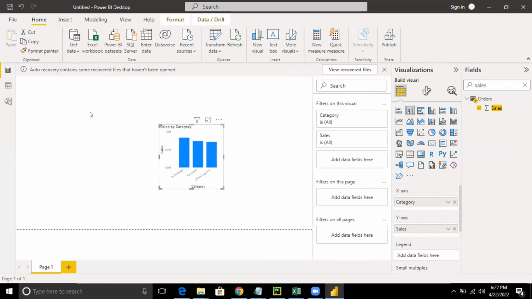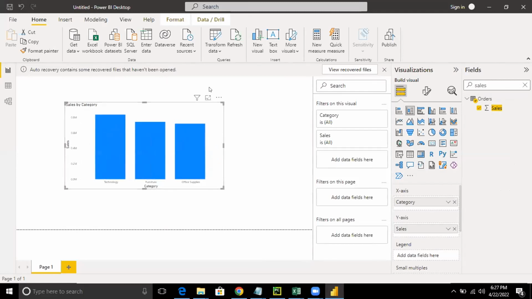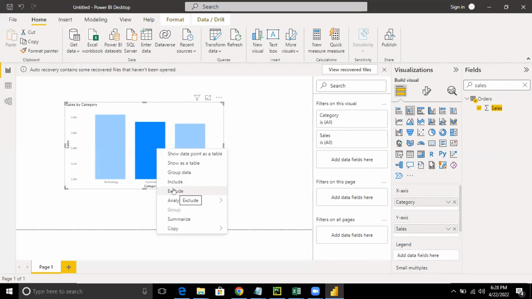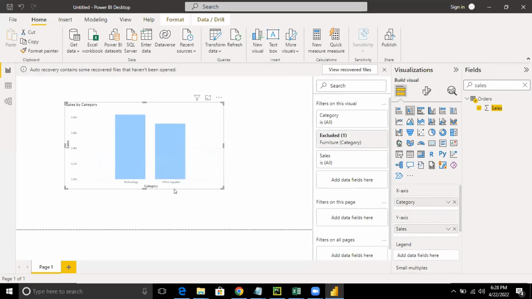Now, remember, I told you there is an option where you can zoom in and zoom out. This button, if you press it, is the focus mode. What will happen with this focus mode? Please write it in the chat. Excellent. It will exclude the data. Many times you might have some data which you don't feel comfortable including, and you can simply remove it. That is what exclude does.